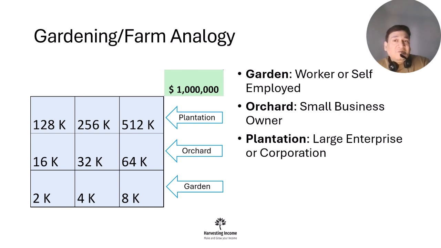Now, moving to the next one, which is very, very beautiful and interesting, that all of us want to reach. You want to become the owner of a plantation. You have multiple orchards in different locations, so even if one of them doesn't perform well, you are still doing well. You are diversified. You are a large enterprise.